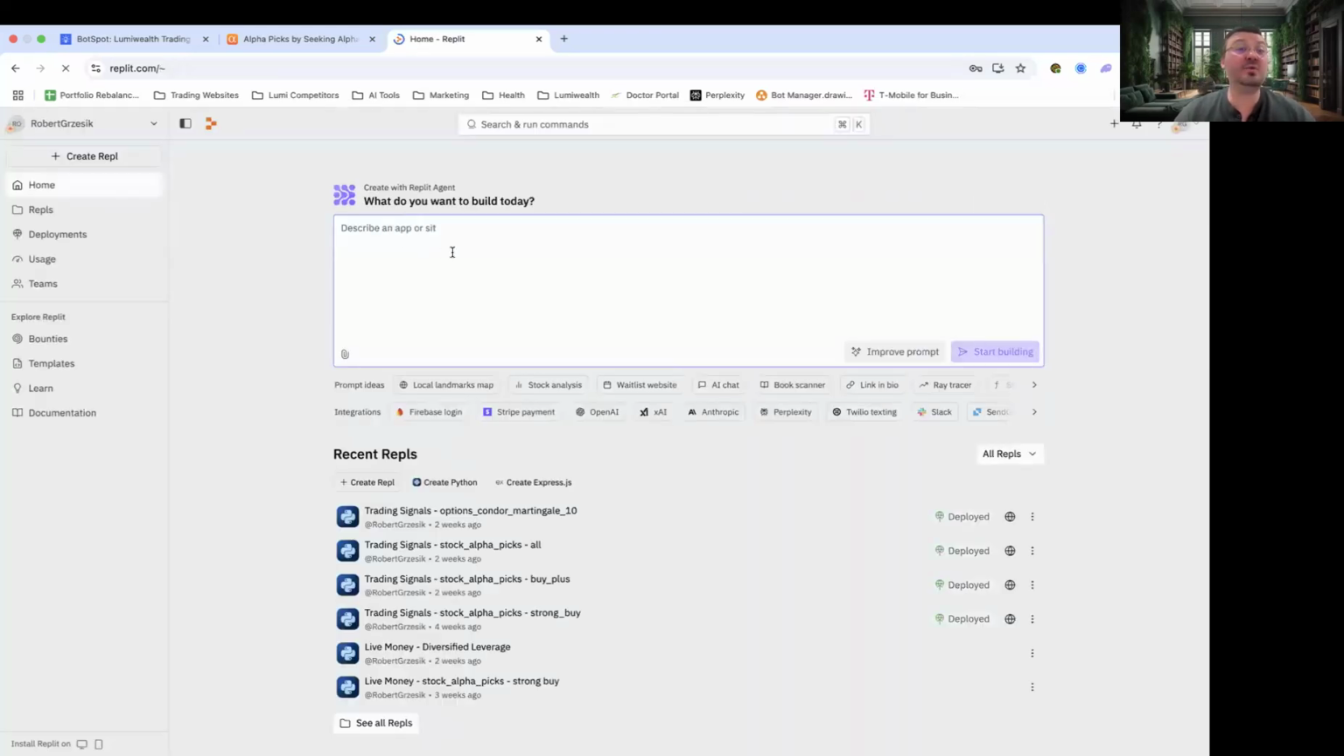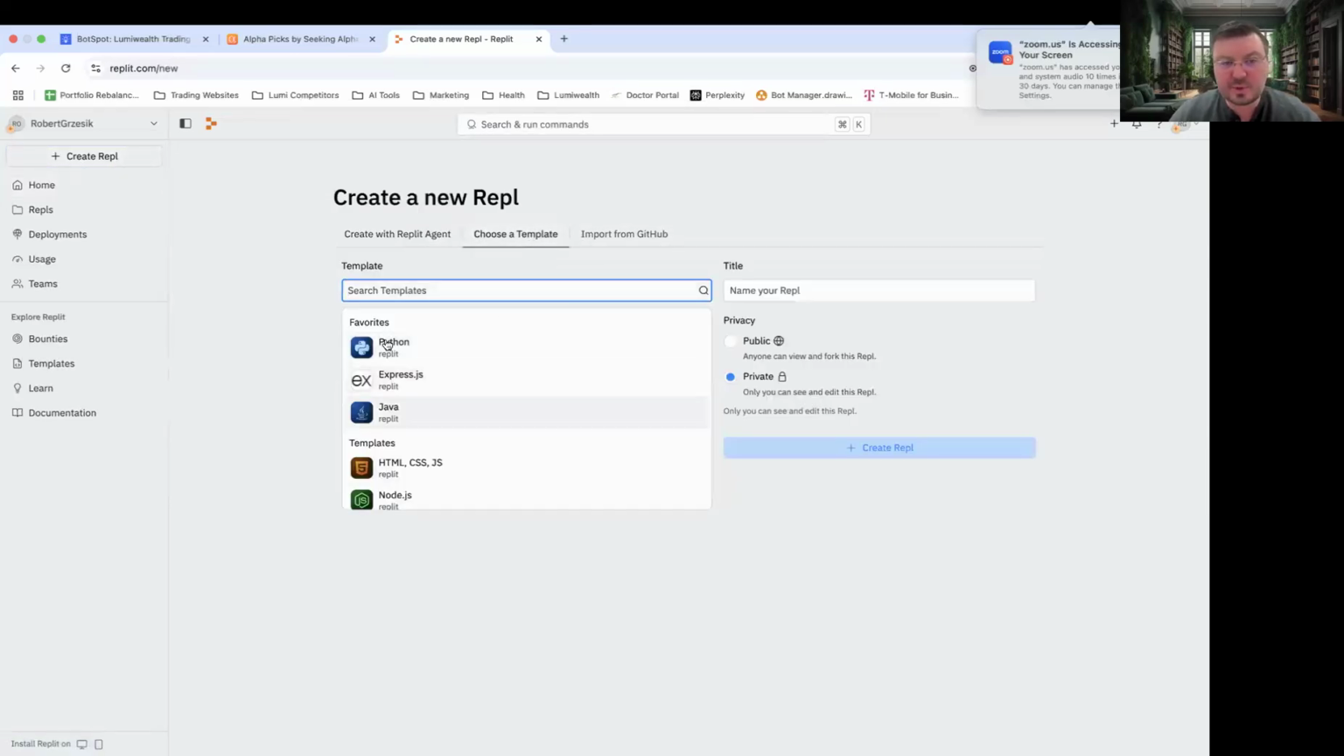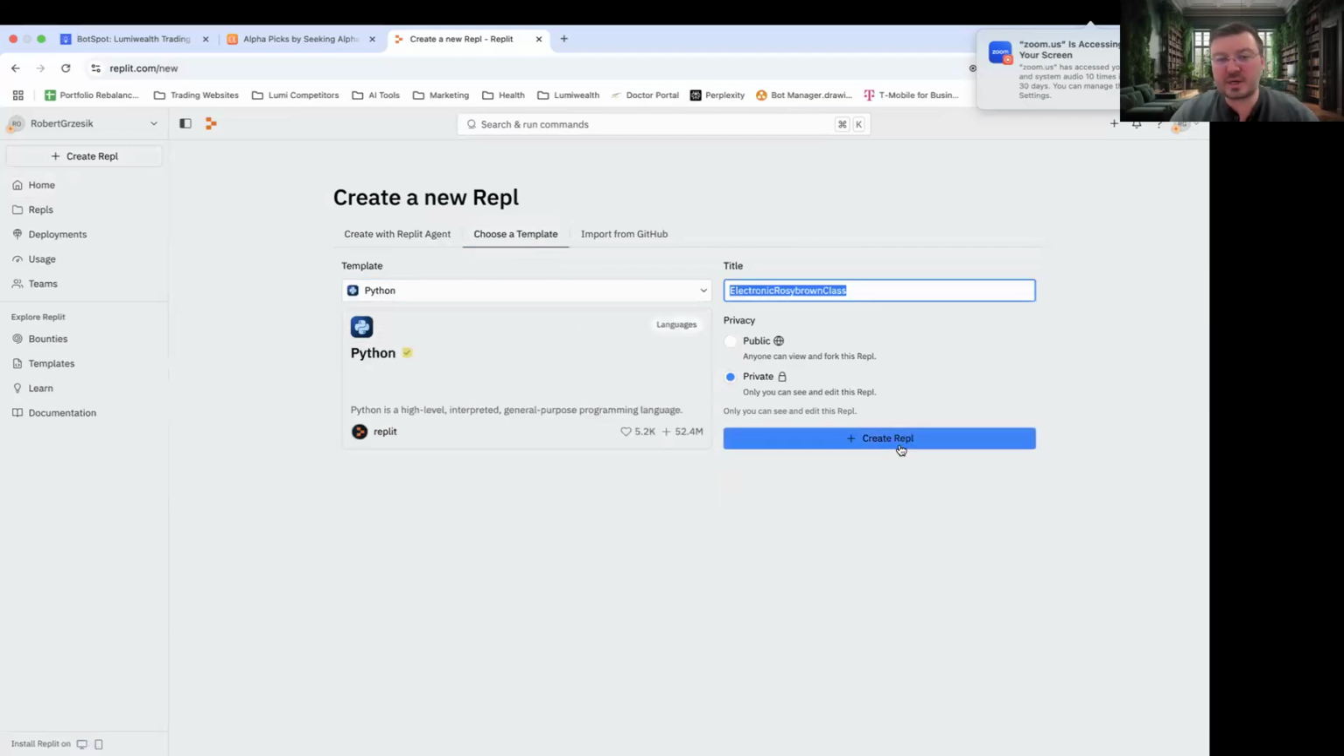And I'll show you essentially how you can run this bot because it's quite easy. You're going to go in here and hit create REPL, and create a REPL. And you're going to choose a template. We want to choose the Python template. Once we hit that, we're going to create the REPL,